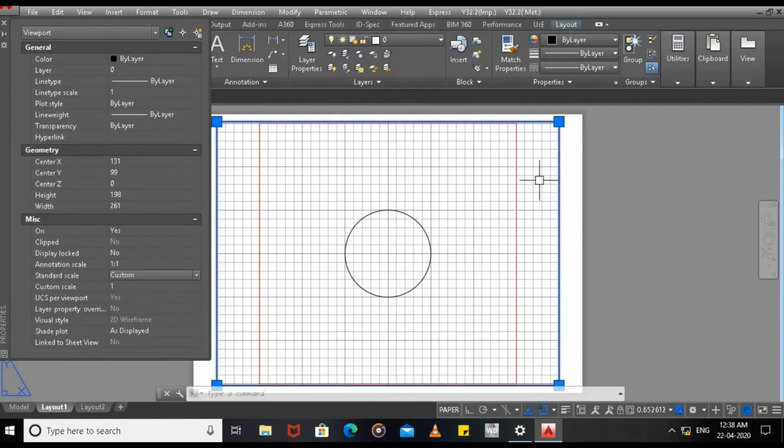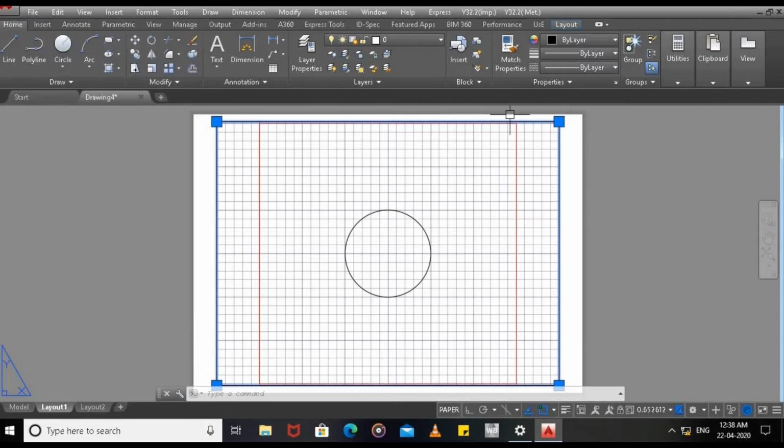After scale to fit, we can see that this is not the exact scale 1 to 1. So this scale is showing here 0.65 to 612 scale of selected viewport. So by actual scale we cannot print this area if the drawing limit is more than our printable area. So we have to select this drawing limit as our printable area.